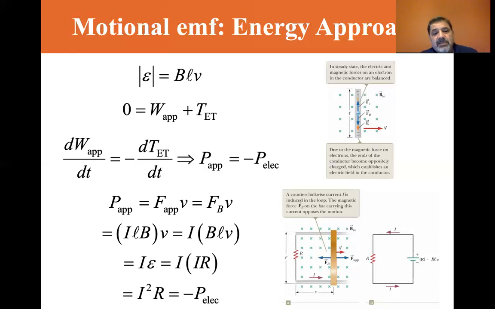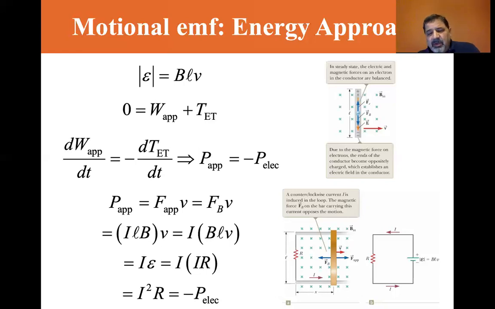So in one case we have I times the EMF equals I times IR equals I squared R equals the electric power, the minus P from the electricity. Okay, now